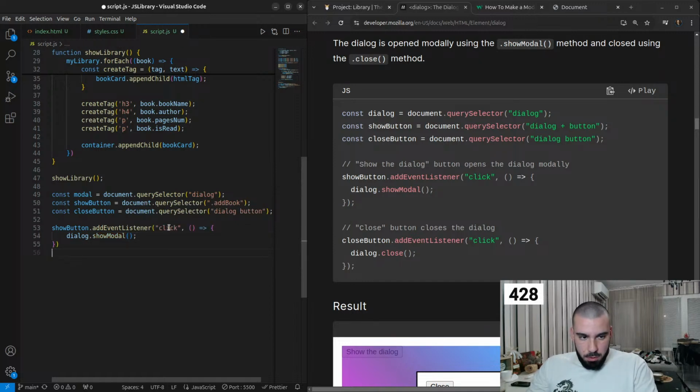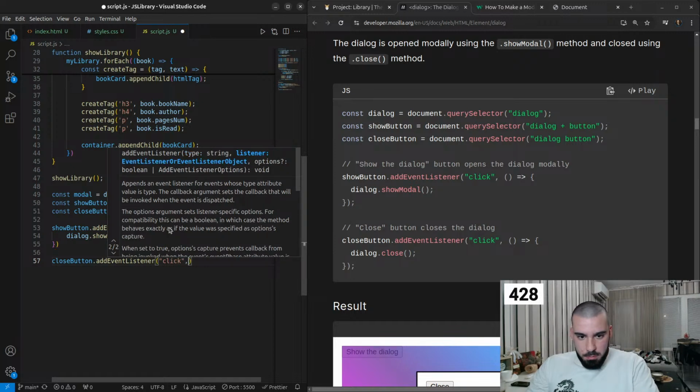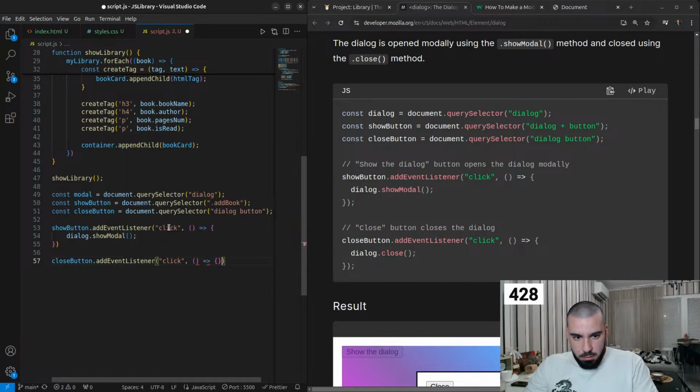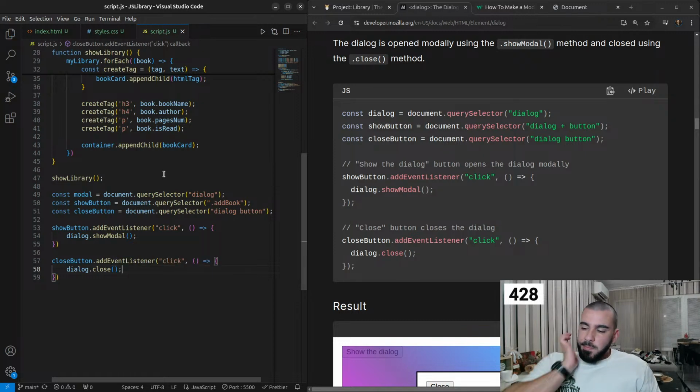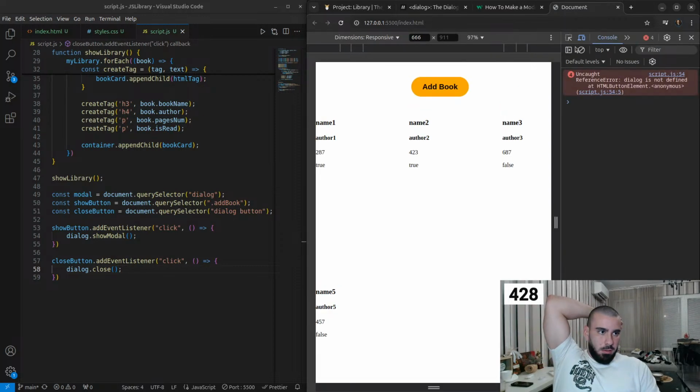and we have one for the close. So close button dot add event listener. We'll listen again for a click on that button, and if that's the case, we'll go ahead and do dialog dot close. So let's see now